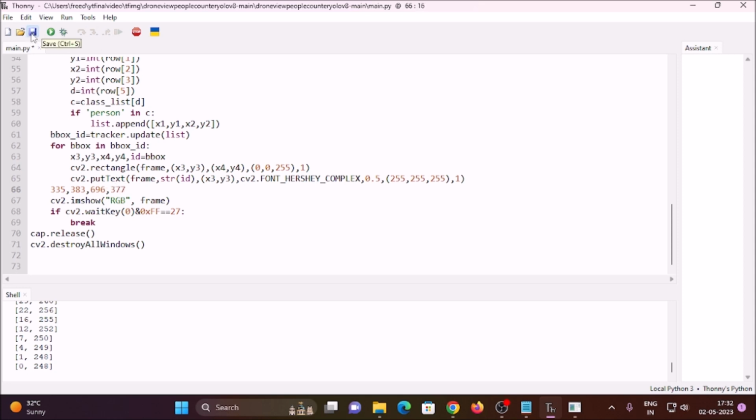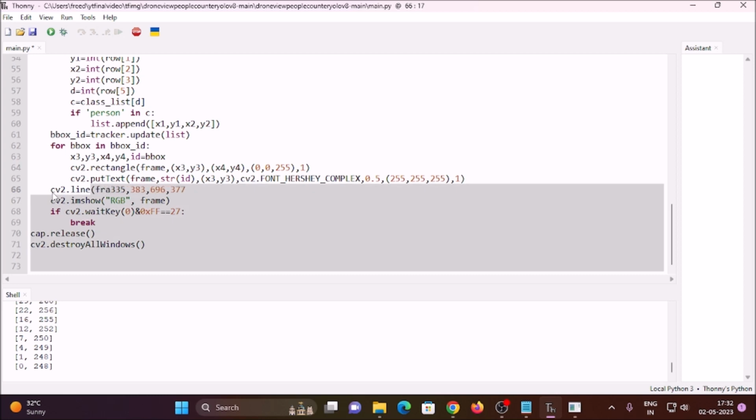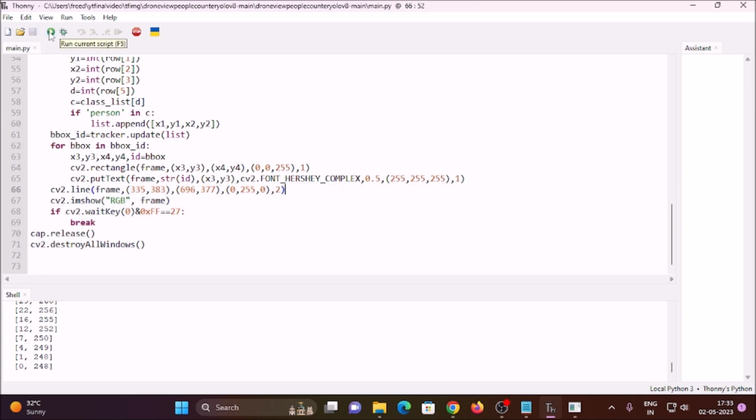Simply we are going to draw a line. Let's create our cv2.line function and draw the line on our frame. This is our start coordinate, 335, 383, and then we have 696, 377, which is our end coordinate. Then we create a color: 0, 255, 0, so let's make it green, and thickness 2. If I save the code and run it,